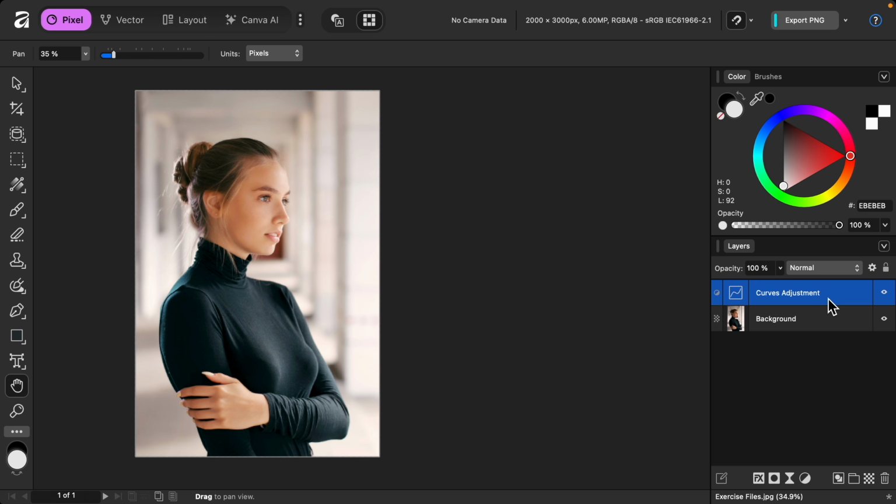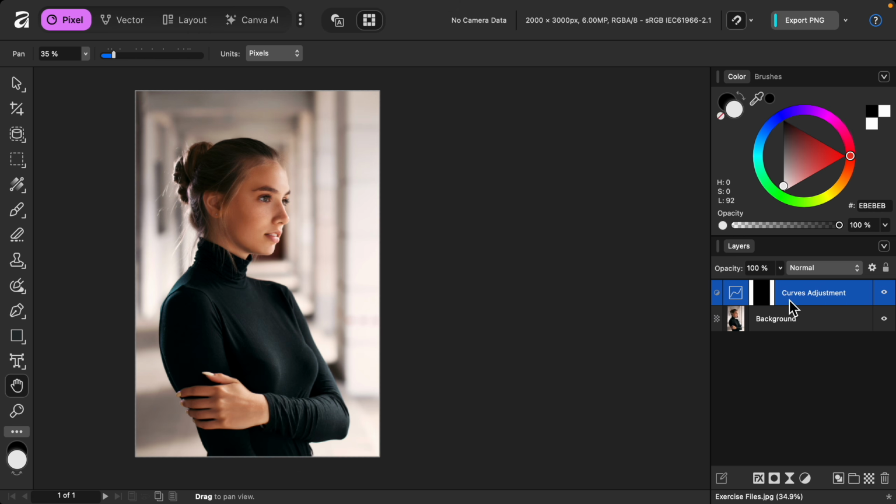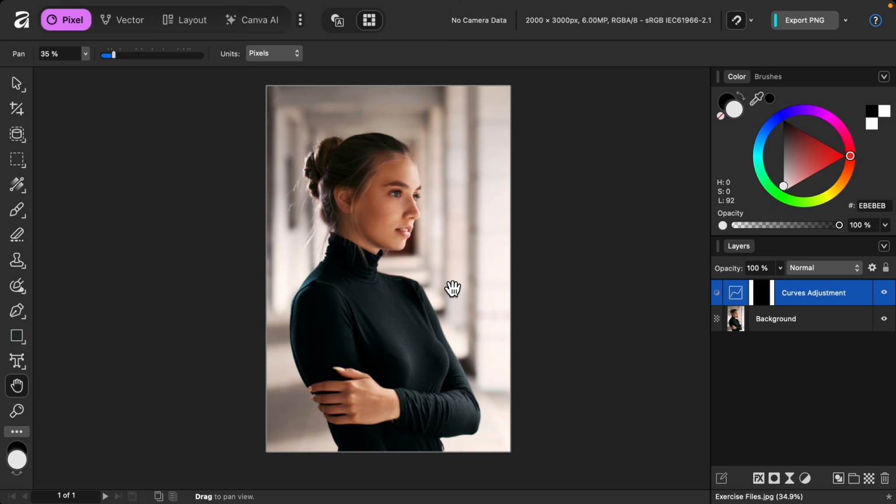subject. To do this, we can invert this layer with Command or Control-I. So now that we have this black mask covering this curves adjustment, we can paint in white paint on our subject to reveal the curves adjustment again. I'll grab the paintbrush tool,